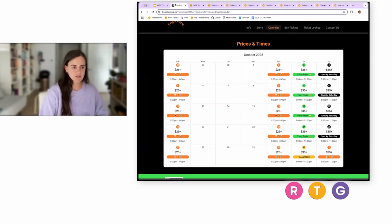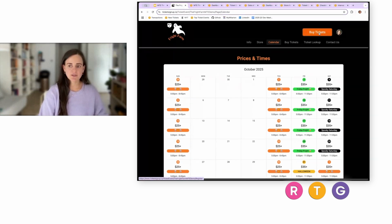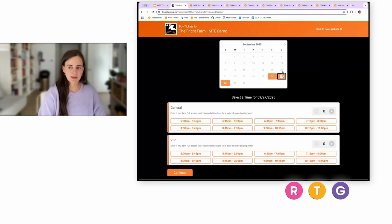You're making those changes in the dashboard, and by having a synced event website for your haunt, you don't have to make changes in multiple places. Like you update your date, pricing, whatever in one place, and it's going to automatically get populated out to all of these other calendars. So just to show you the purchase path,